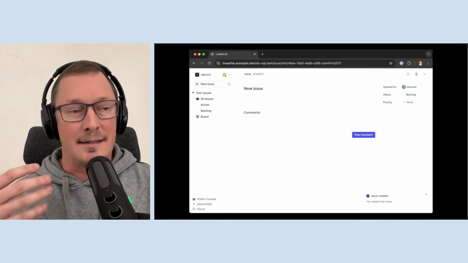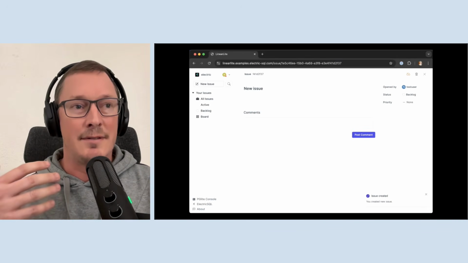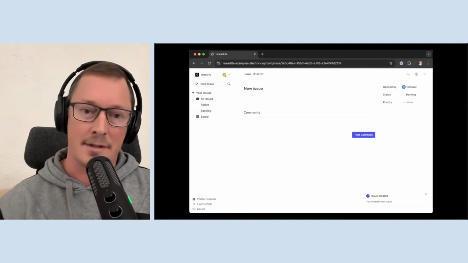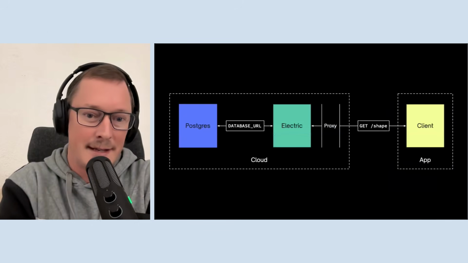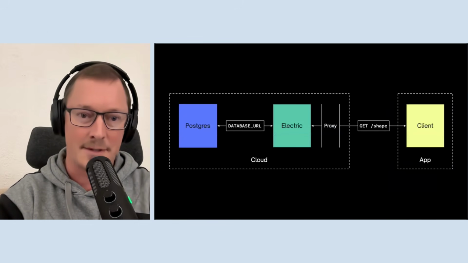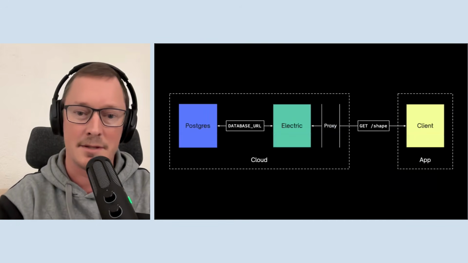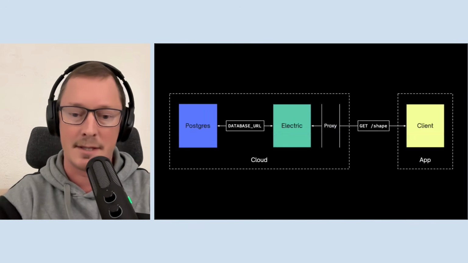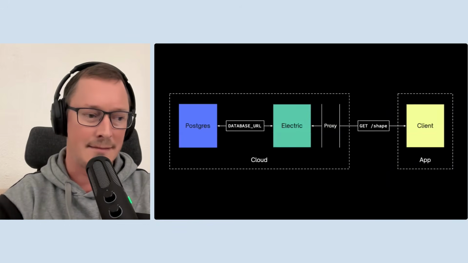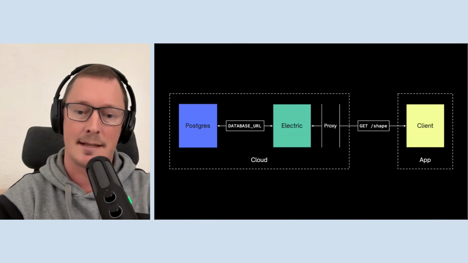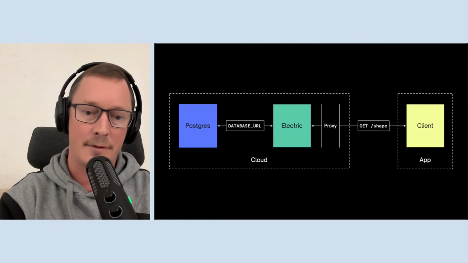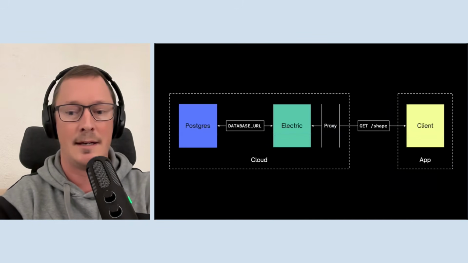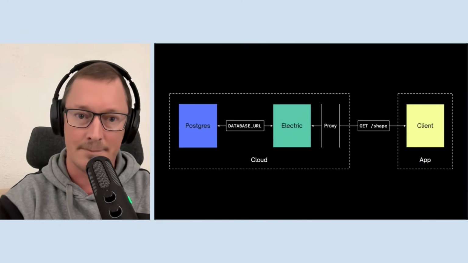So as a developer, and from the viewpoint of your application code, you can trust that that local data is up to date. And so how do we do that? Well, technically, Electric is a web service itself. It runs in front of Postgres, and it connects, as most applications do, via a database URL using a standard database user. And it connects using a kind of normal interactive query access, and it also establishes a subscription to a logical replication publication. And then it provides an HTTP API that clients consume over long polling.